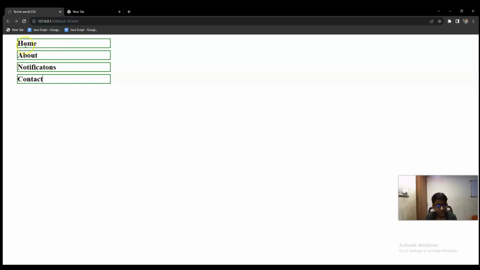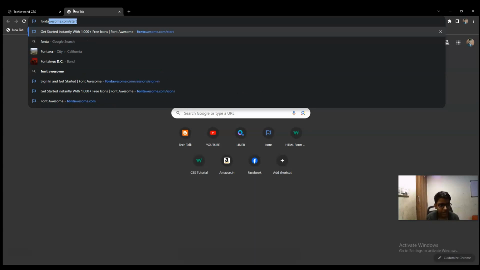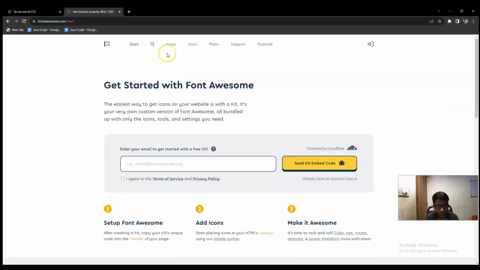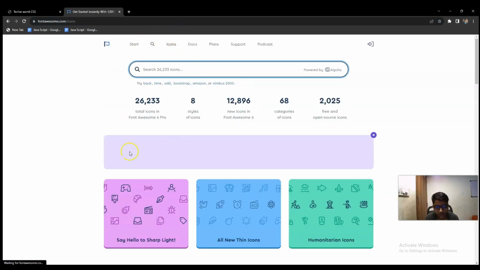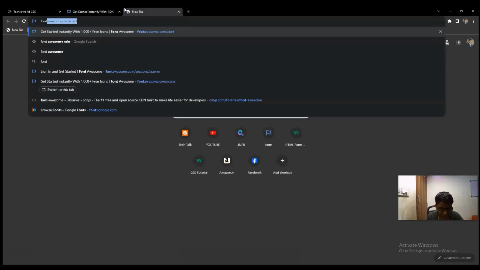And first of all, let me tell you how we can put icons. So first of all, let's learn that. Font Awesome is a website from where we can get the fonts. So this is the website from where we get the font. Now to refer our browser to this website to get the font, we need a link. So to get the link of this website,